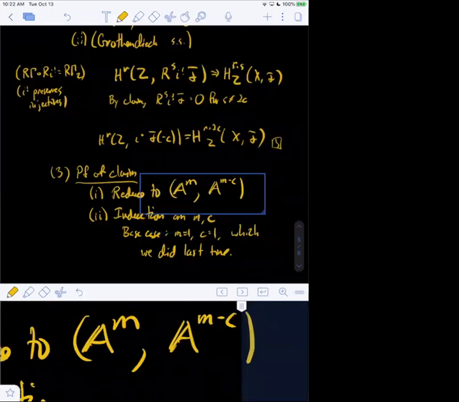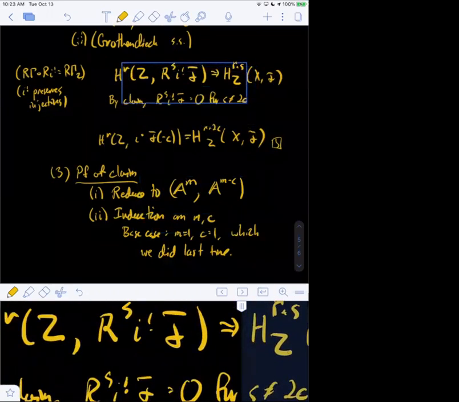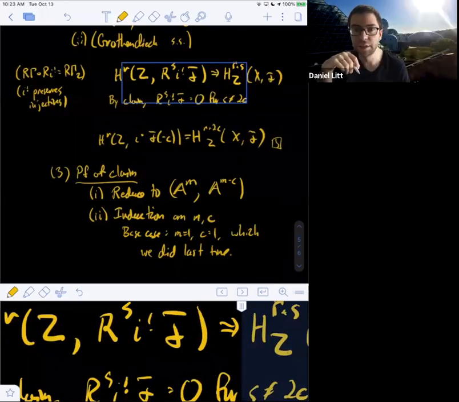The calculation we did last time did assume that the ground field is algebraically closed. Was this just because we only calculated this in this case, or does the theorem also assume that the ground field is algebraically closed? So this theorem, this claim rather, is a local theorem, so it's insensitive to extending to an algebraic closure.